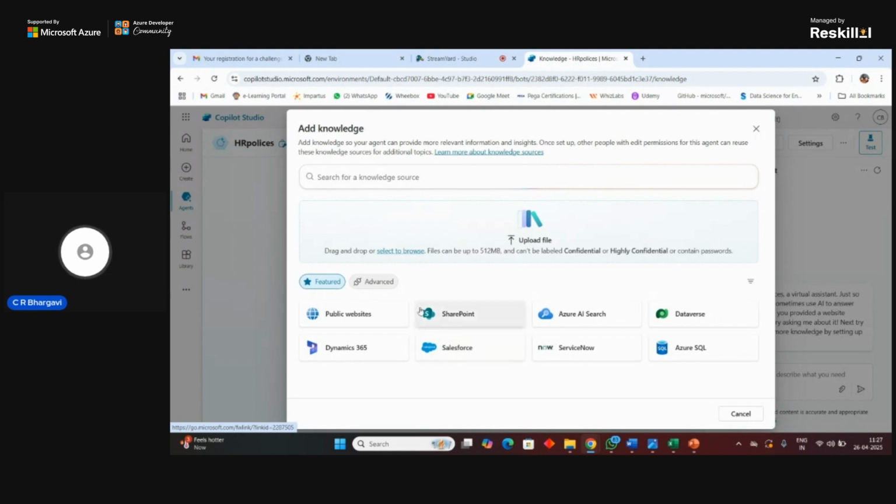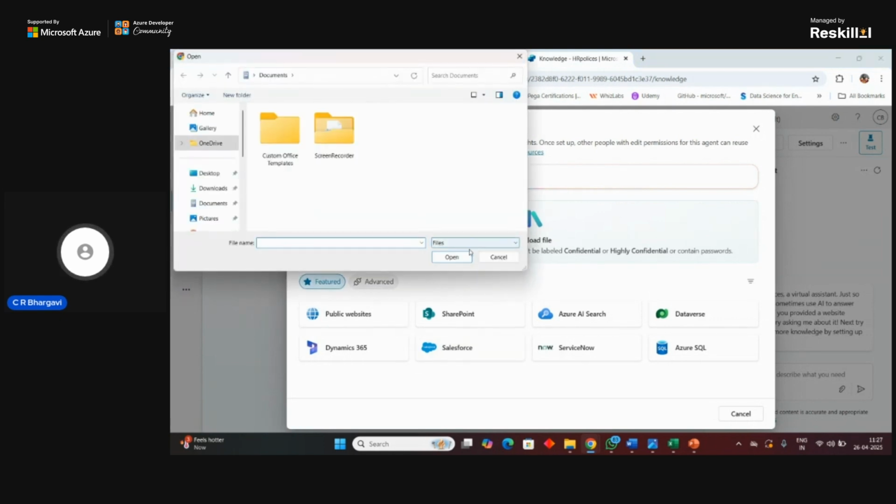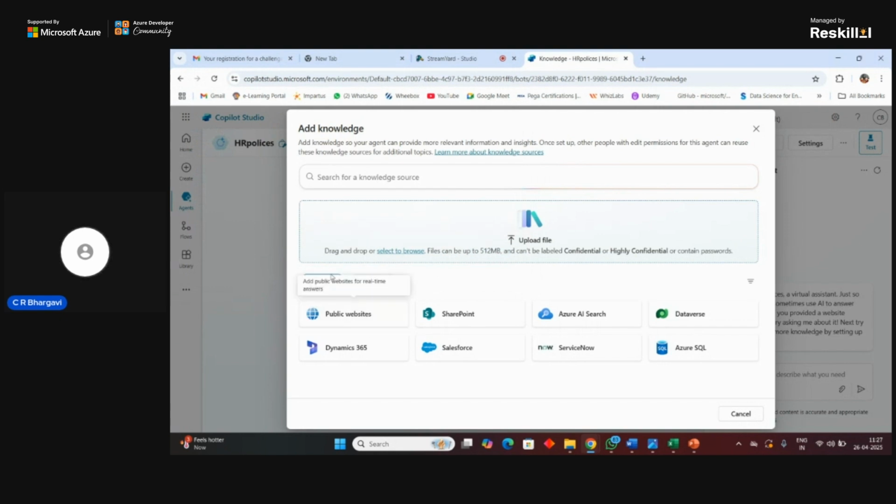So that's the same thing that you can see here. Either you can upload a file, or you can use any of the features which have been there, like you can connect it to ServiceNow, and from there you can get your IT tickets being handled by itself, or you can connect to the public websites, and from there it can answer your queries.